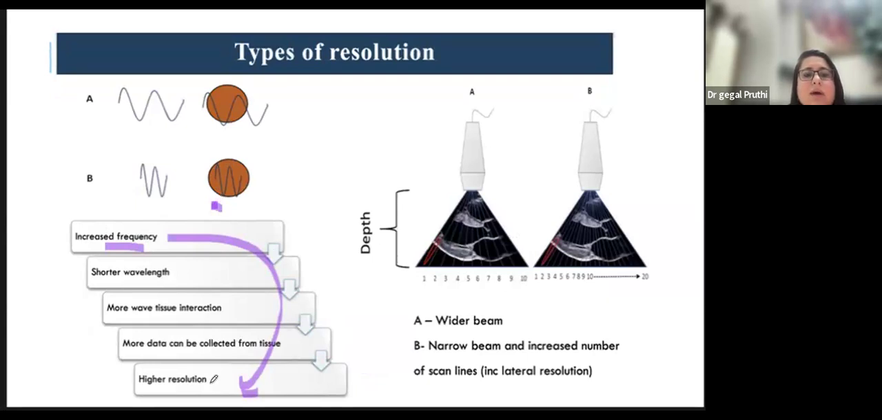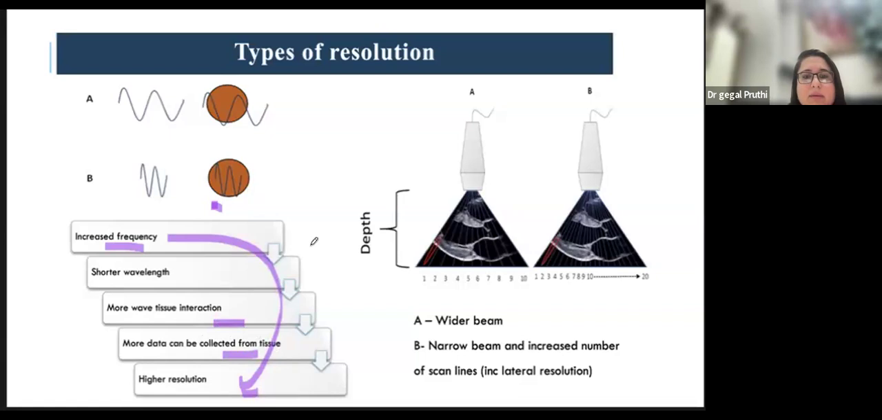So therefore you will have higher resolution. So increased frequency probes will have higher resolution. But higher axial resolution doesn't come for free. If you have more interaction and more data being collected, you will lose power also. So you will have attenuation from the deeper structures. So for better resolution, you have to use increased frequency probes, and also your region of interest should be in